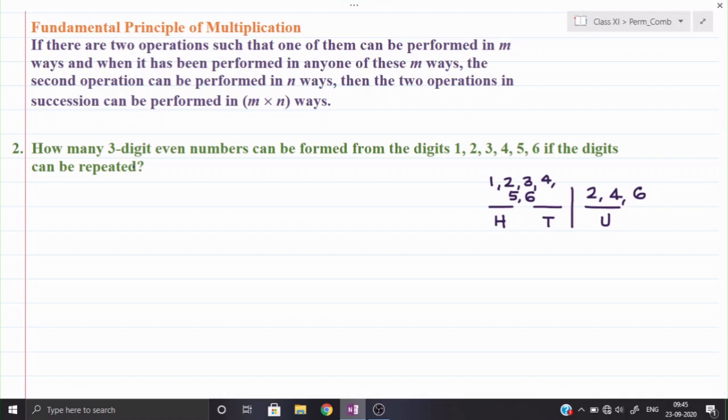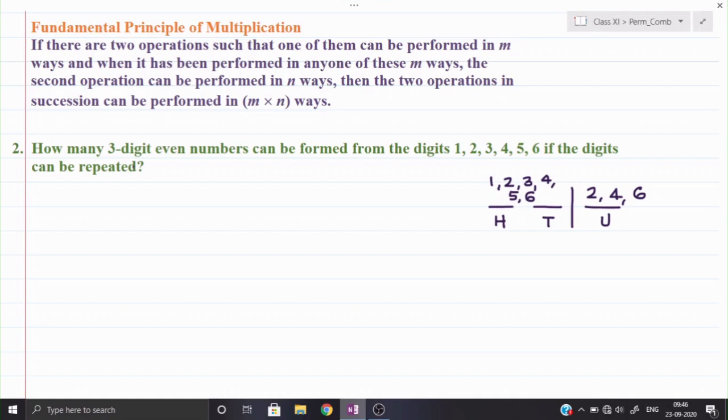Now the question comes: if I want to arrange the 100th place or the 10th place individually, one place only, how many numbers do I have available? Definitely you will say 6 numbers are available for both places because the digits are allowed to repeat. So we can arrange the 100th place in 6 ways and the 10th place in 6 ways. Only the unit place we can arrange in 3 different ways. So we got the arrangement of each and every place, and when we multiply them together, we shall get the total number of ways.